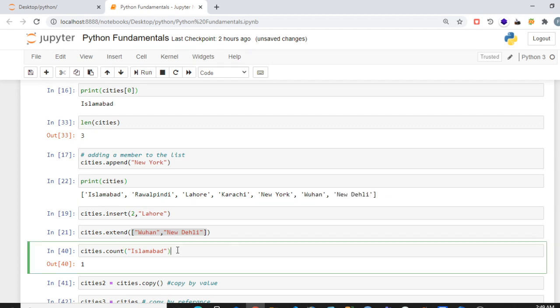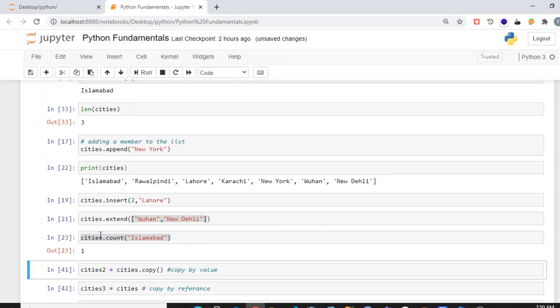Similarly, we can count how many times an item appears in the list. For example, to check how many times Islamabad appears in the list, we can use the name of the list dot count function. It says that Islamabad appears only one time.